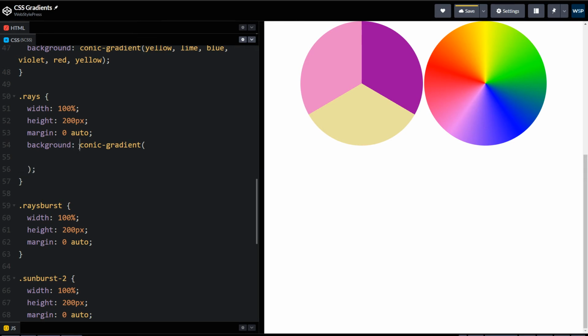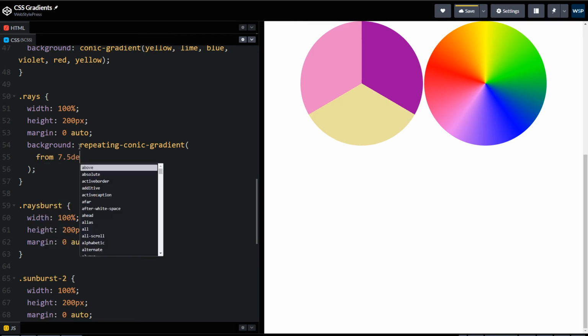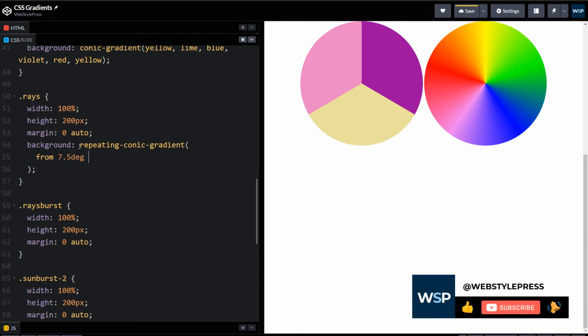Now we will use repeating conic gradient. It should be at 7.5 degree from 7.5 degree at 50% and then 0. So it should be at 7.5 degree and starts from top center.